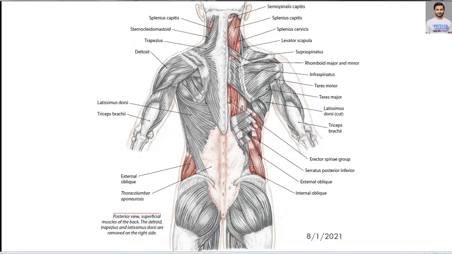Muscles of the spine. This is the dorsal view of the spine, and if you recall, we have already discussed all these muscles from the upper extremity and from the shoulder region. We are also trying to see the same muscles again, but we'll just name them and not go into that detail. So the upper trapezius, the middle trapezius, the lower trapezius, the latissimus dorsi, these are the broadest and longest muscles. And then you can see the external oblique, the internal oblique, then the serratus posterior muscle, the erector spinae group of muscles, and these are again the shoulder muscles.